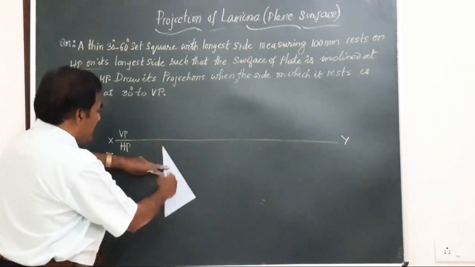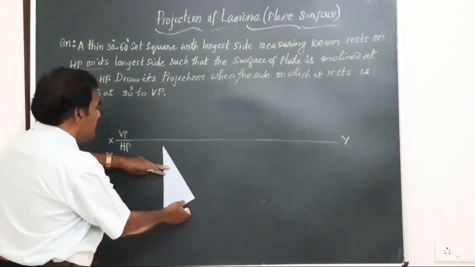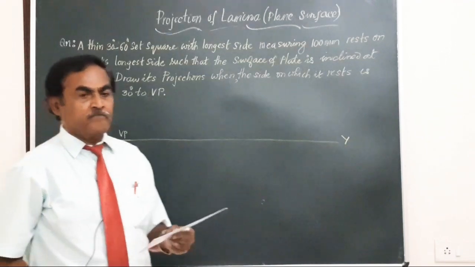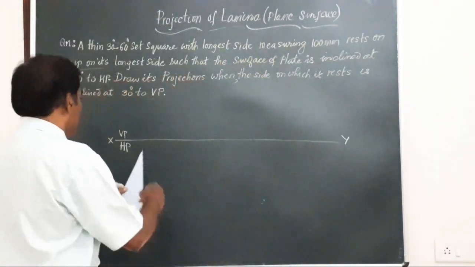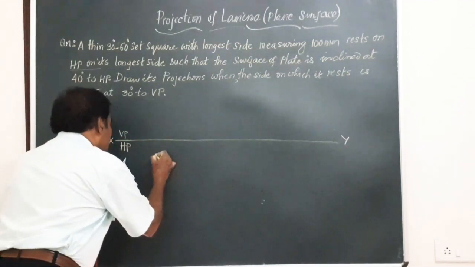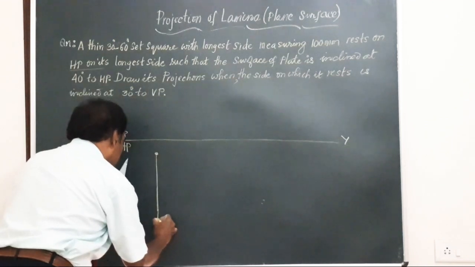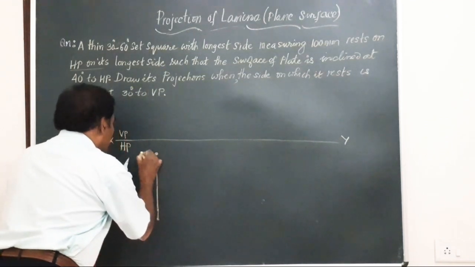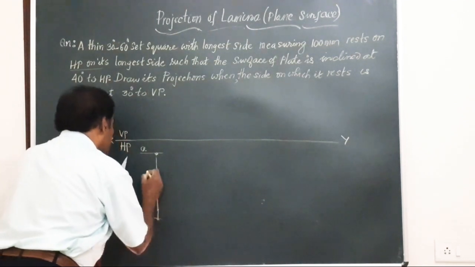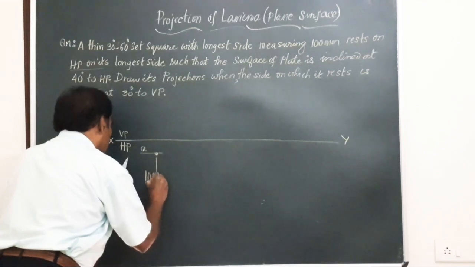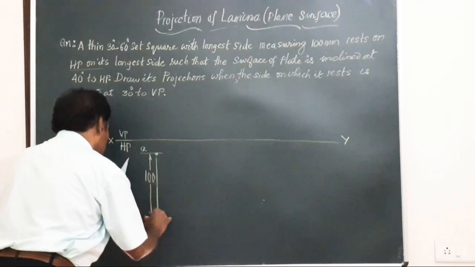I get the top view, a triangle with AB measuring 100 mm. So let me see how to construct. Basically, before drawing the problem, you should also know how to construct that. Friends, here the side AB is vertical. So I make a line here of length equal to 100 mm. This length I will call AB. This AB measures 100 mm. This is the longest side. AB is the longest side.